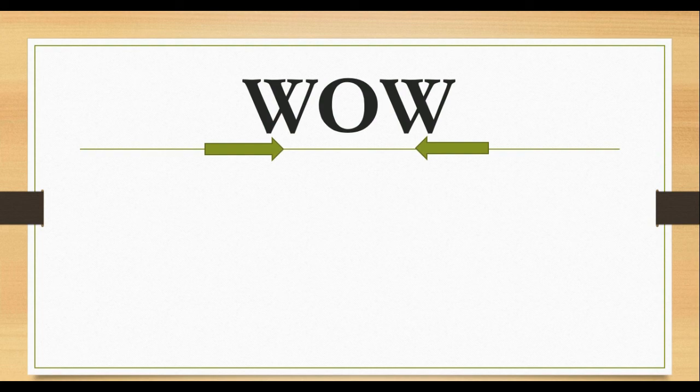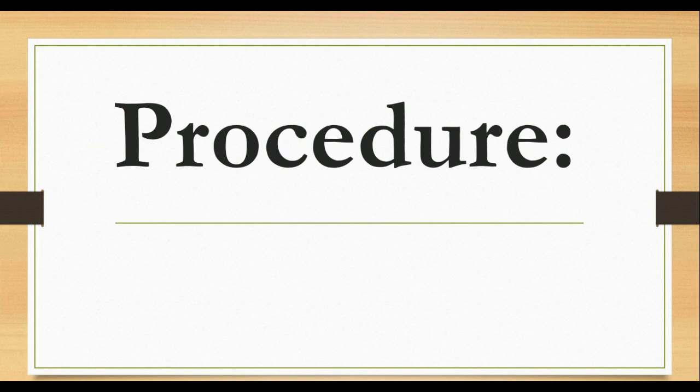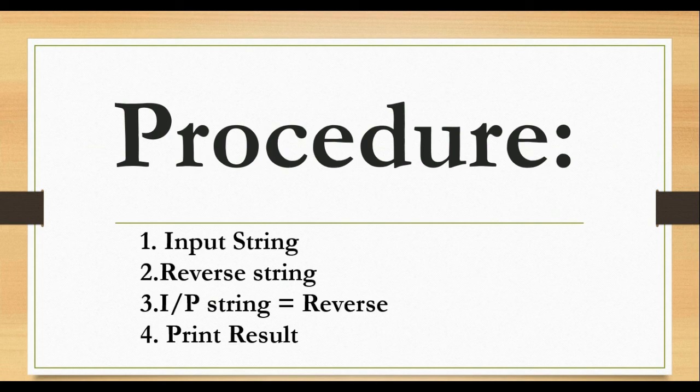Now we will see it with a Python program. For this, we will do the program in 4 steps. In the first step, we will take a string as input. It may be a user input. In the second step, we will reverse the string. In the third step, we will compare the input string to the reverse of that string. On the basis of the third step, we will print the result in the final step.